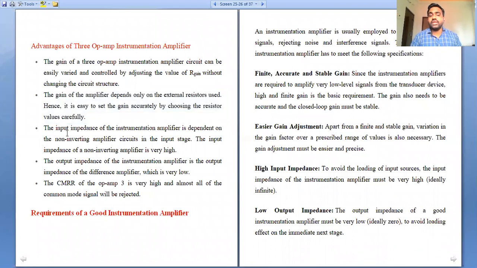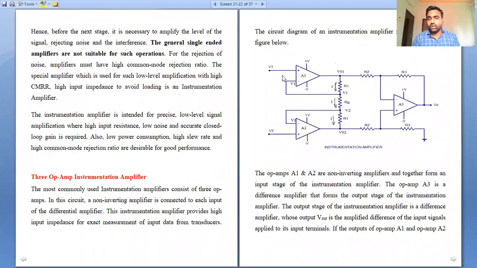The second thing is the input impedance. The input impedance in this particular instrumentation amplifier is very high at the non-inverting type unity feedback stage. The input of the operational amplifier depends upon the actual voltage input. See here, this is a non-inverting type unity feedback operational amplifier, or a voltage follower circuit, or a buffer follower circuit. Mostly this is called a buffer amplifier circuit.